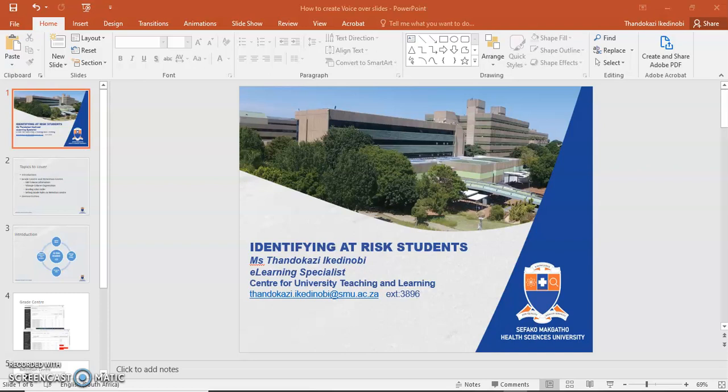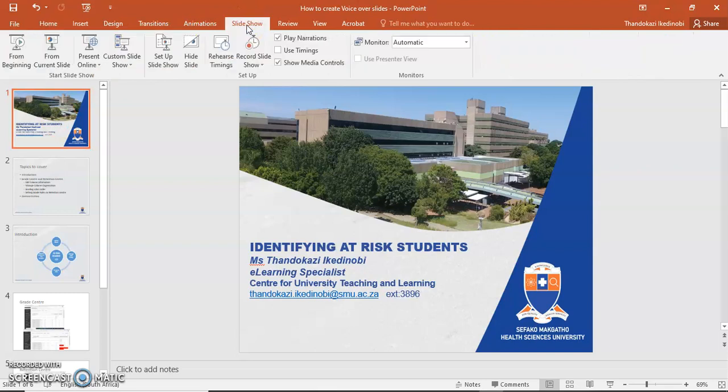How do you do that in order for your PowerPoint slides to be interactive for your students? You open your PowerPoint presentation, of course, and then you make sure that you are on the first slide. Then after you are on the first slide, you click on Slide Show. From Slide Show, under the Setup menu,